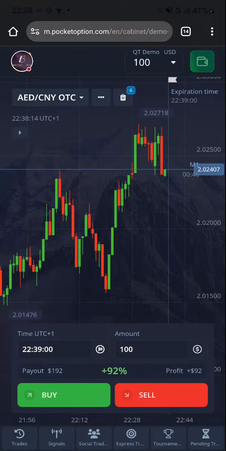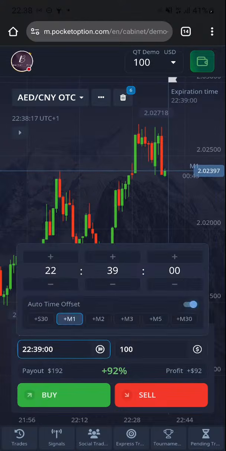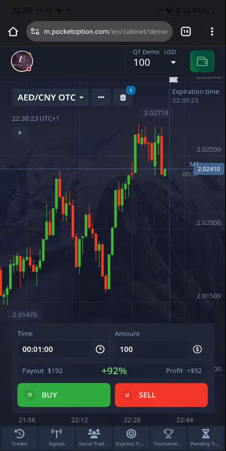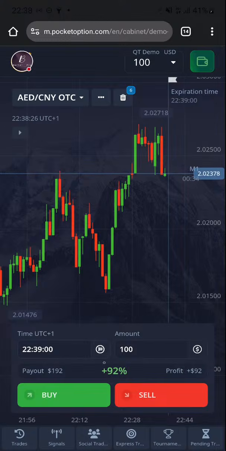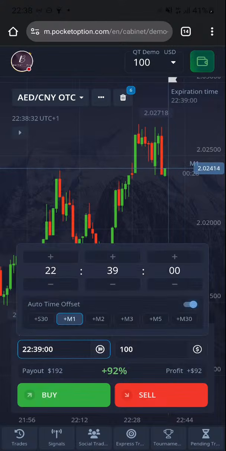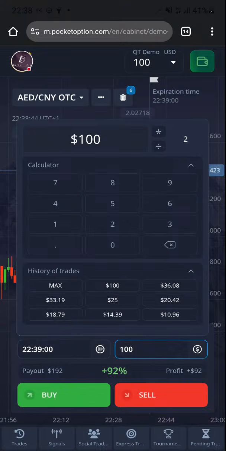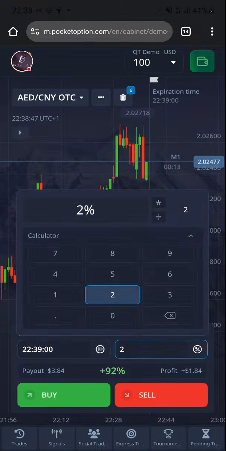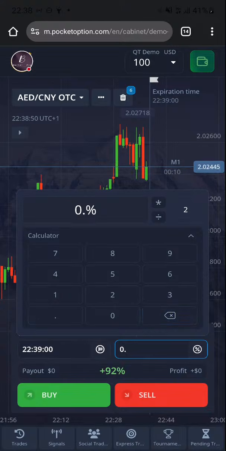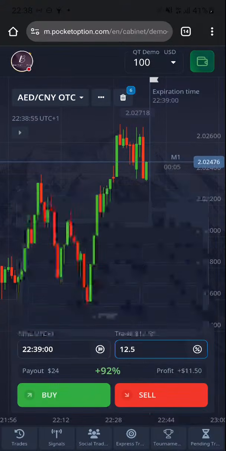Down here at the trade time, we're going with 1 minute. So we're rocking 1 minute time frame, but this is flag mode. Always remember that we're running on flag mode. This is a regular mode, but we're running the flag mode. And anytime you run flag mode, you make sure that your second hand is on zero. This one is always on zero. So that's the whole setup. And the amount here will be going in with 25%. I normally use percentage. I have certain kinds of percentages I use. Sometimes I'll use 12.5.